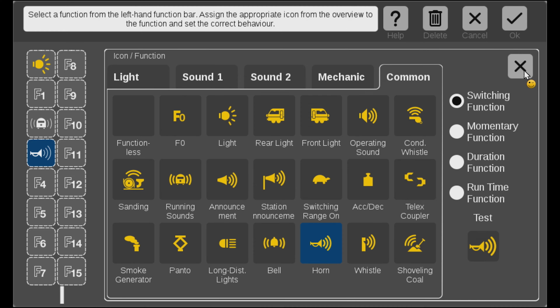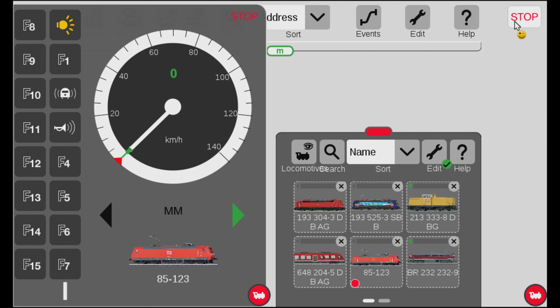The horn is assigned. Actually, I got two choices here. I can click the X and then I kind of go out of the assignment of function, but I can also click OK and then I basically go out of edit of this locomotive completely. When I do that, you can see we already got some icons over here. Let me just experiment a little with them, right? So if I do the horn here,